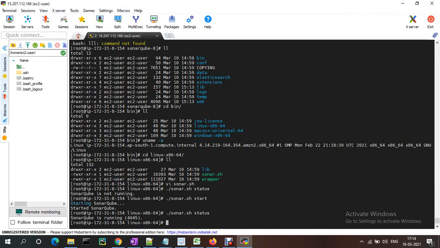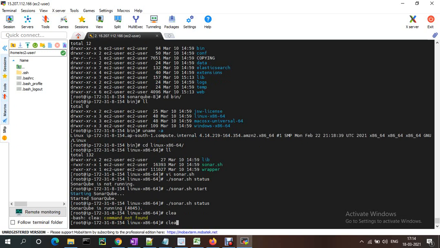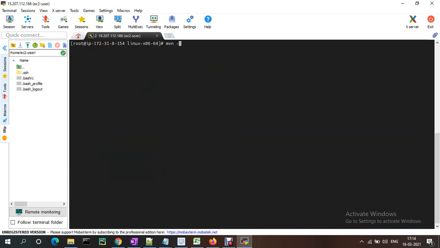We are trying to integrate Apache Maven with SonarQube. Currently there is no Apache Maven installed in this server. Let me clear this. mvn -version. Apache Maven is not there.